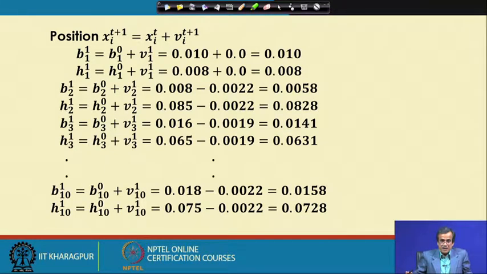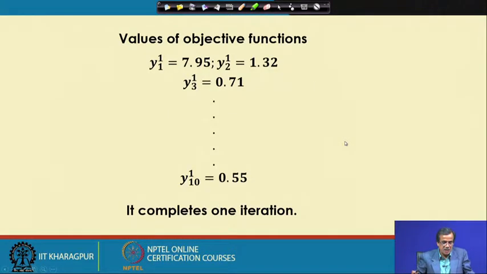So, let me repeat a little bit. We will have to assign the initial values of the position and the velocities at the beginning at random, and after that I will have to update the velocity of each of the particles in the swarm. Then using that information, I will have to update the position of the particles, and these are the updated positions of the particles at the beginning of the next iteration. And once you have got this, we are in a position to find out the values of the objective function.